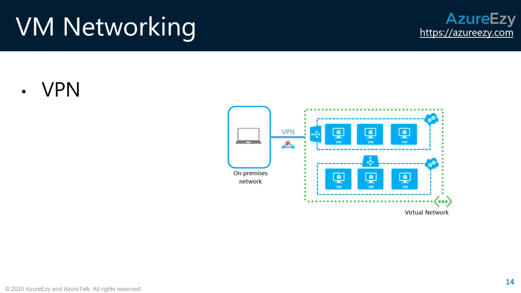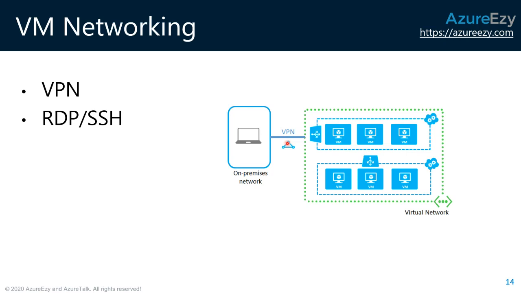There are various ways, and this is one of them. There are many other ways which infrastructure administrators are aware of and should be aware of, but VPN is the one most relevant from the developer point of view. The other thing you must be using is RDP or SSH.